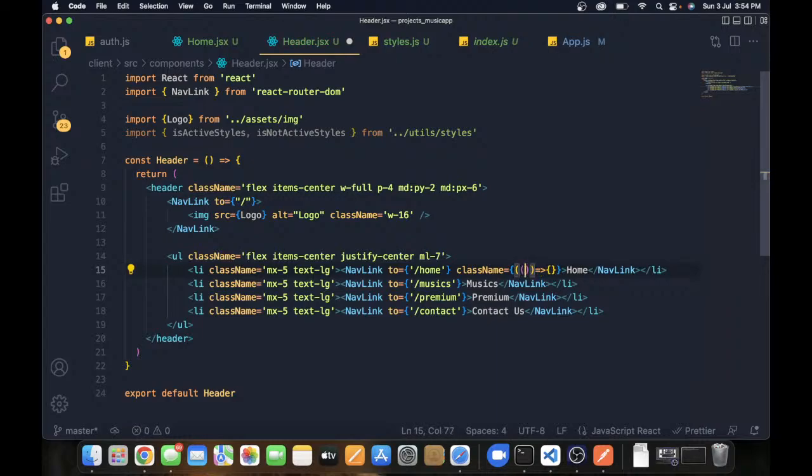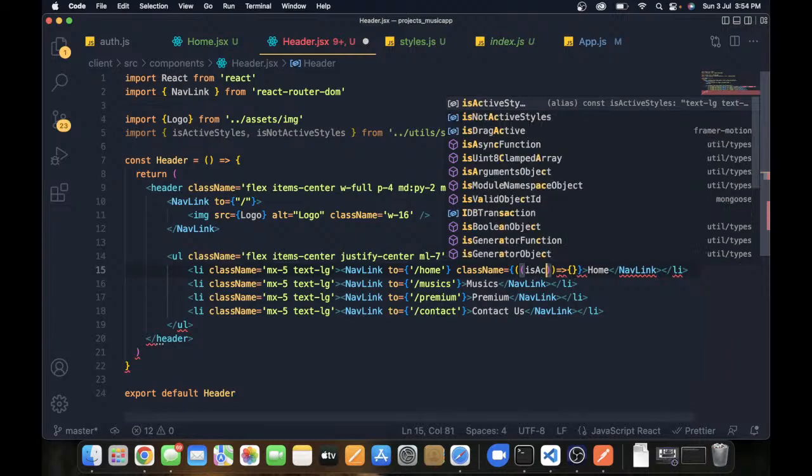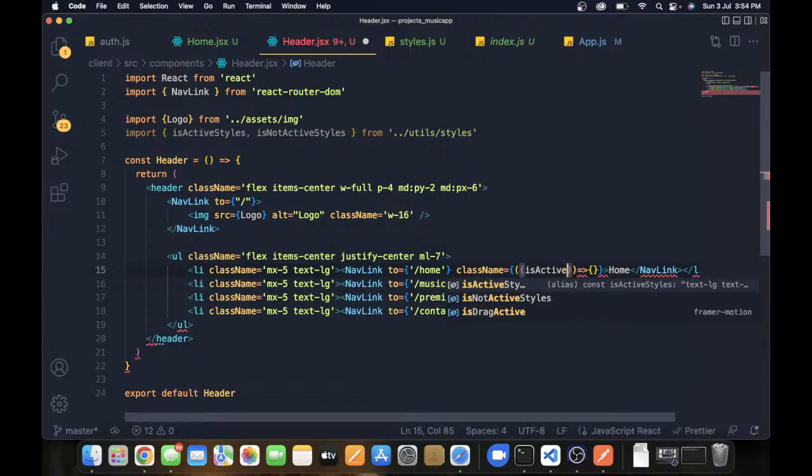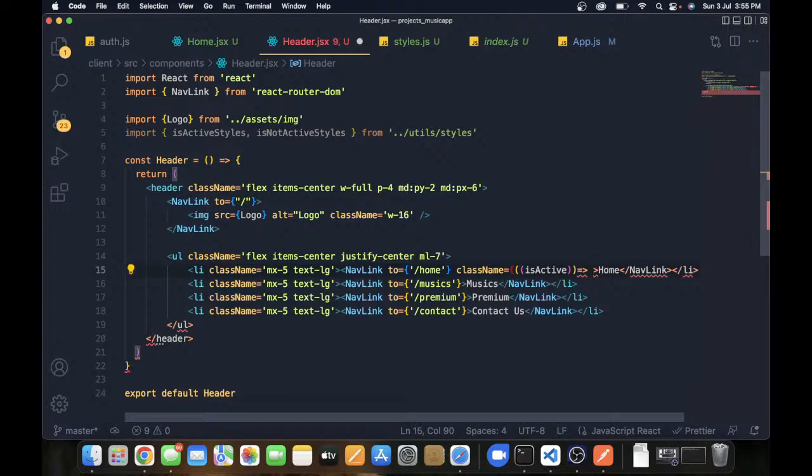Okay, inside that callback function, I'm going to have one more parameter that is called isActive. This is the parameter which is coming from your NavLink from the React Router DOM itself. It's an object which is coming from that itself. So now inside this object, if isActive is true, then